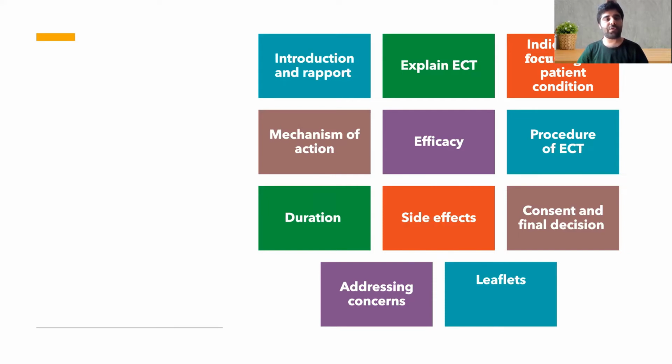It's a form of a special treatment which is effective in many psychiatric illnesses. This treatment is given under general anesthesia, where a small amount of electric current is passed across the brain. This treatment is very effective in certain conditions like certain cases of depression, certain cases of schizophrenia, and certain cases of mania or bipolar. But this is a treatment which is not the first line, but it is actually indicated